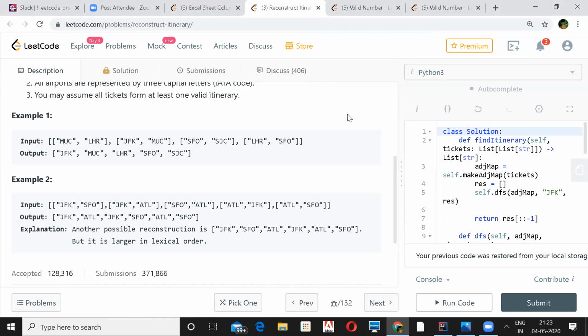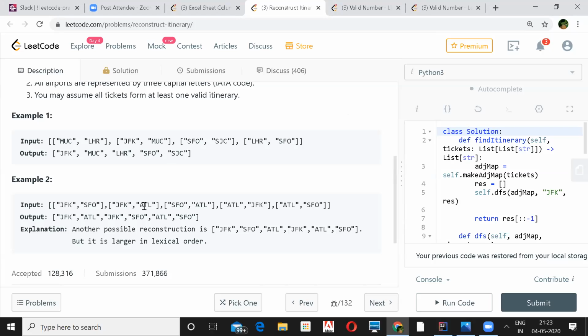Does it look like lexicographical sorting, where we sort in a certain order? There's a start node and an end node in the graph. No, only when they are similar will we use it. Only when your first station is the same, like JFK, JFK, then you'll perform sorting. Else you don't need to.